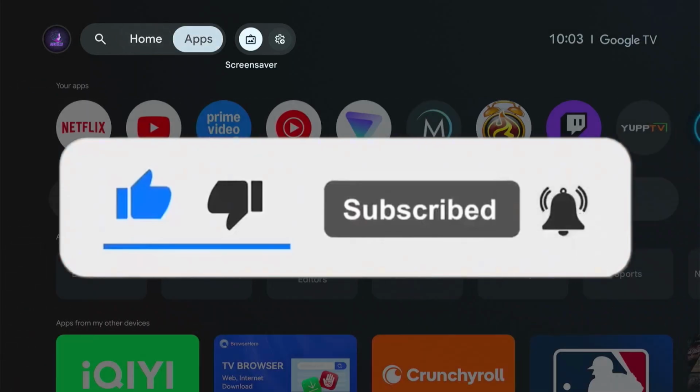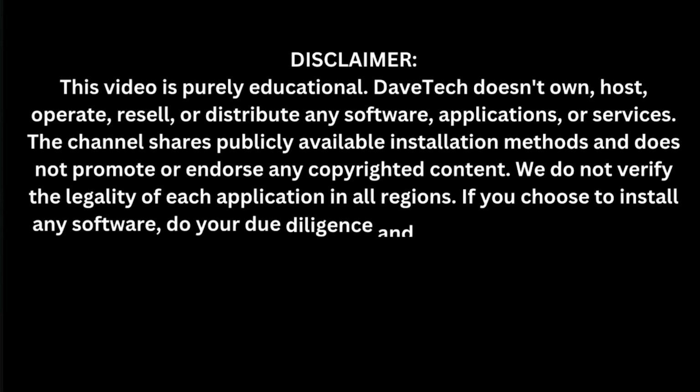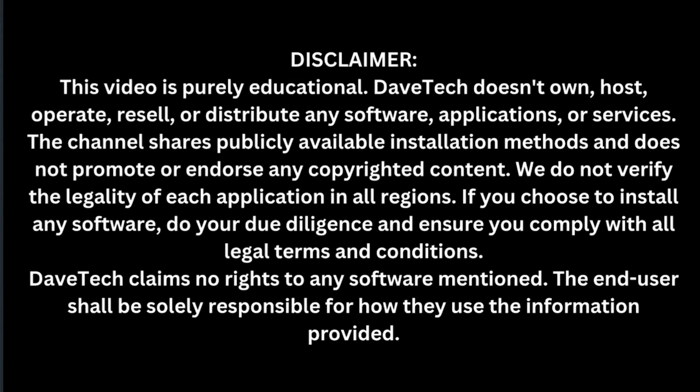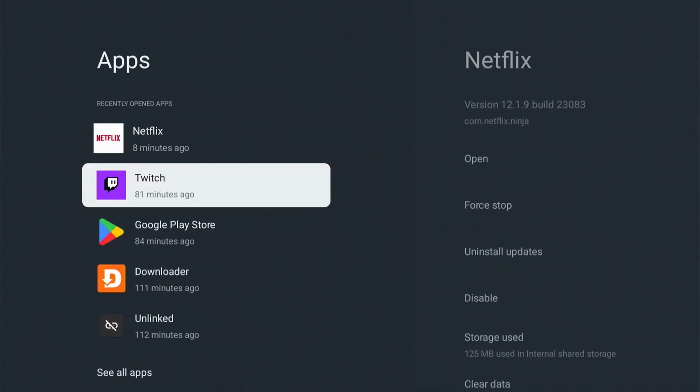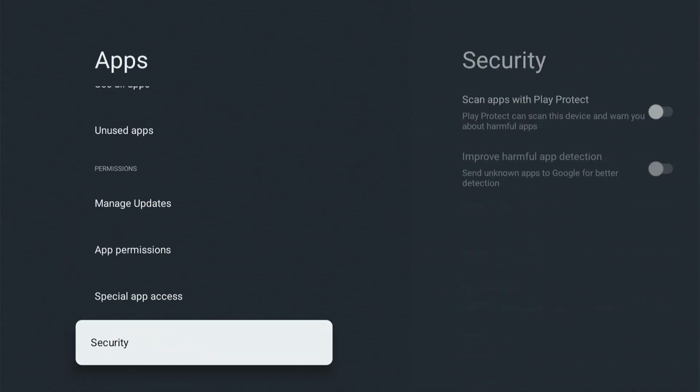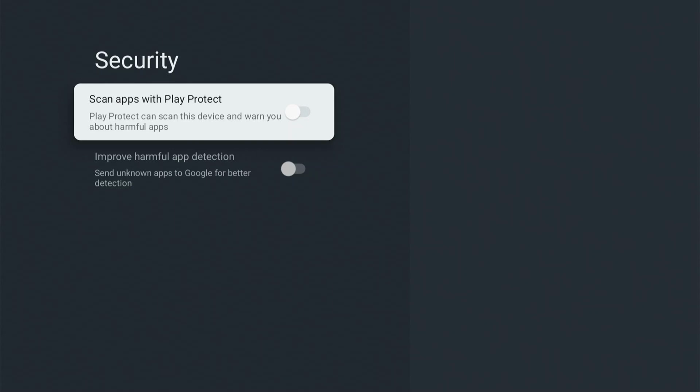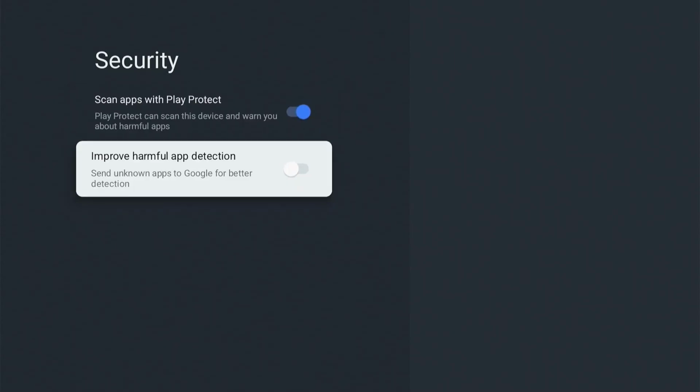Let's get started. So we're going to head over to quick settings. Go ahead and click on all settings and then we're going to move over to apps. So under the app section, we'll go to the bottom where we find security. And there you have an option that says improve harmful app detection. So if you have this turned on,